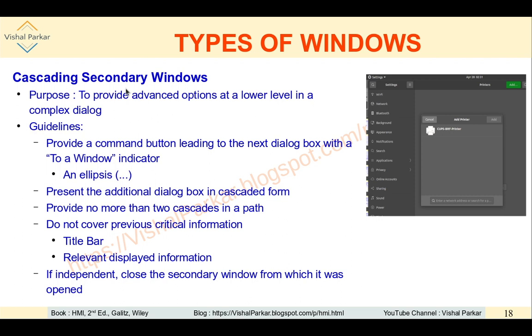Next is cascading secondary windows. Here the purpose is to provide advanced options at a lower level in a complex dialog. For example, you want to open a printer, or to add one printer. There may be one Add button with an ellipsis, and whenever you click on that Add button, the ellipsis says that it will now open one new window, which is the cascaded window. This particular window is not exactly showing how cascading secondary windows look; where the button is present, that window will appear